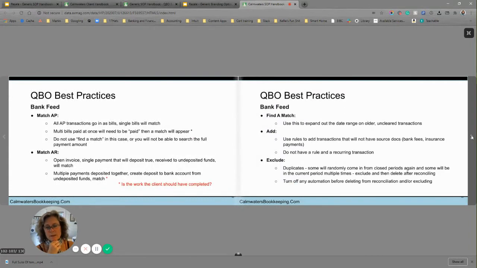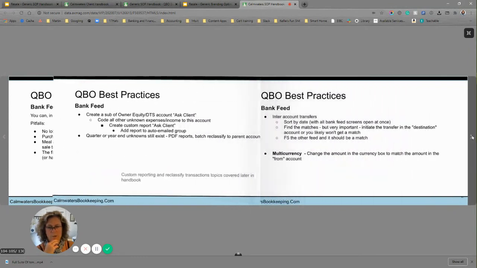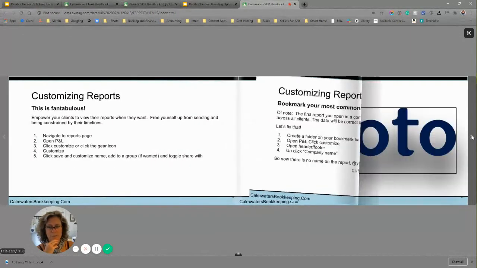What to do before the bank feed. So for example, you're checking AR and AP and undeposited funds before you even get into the bank feed, so that you don't have overstating, understating, any of that kind of stuff going on. Away we go. So you can see that it is a pretty comprehensive